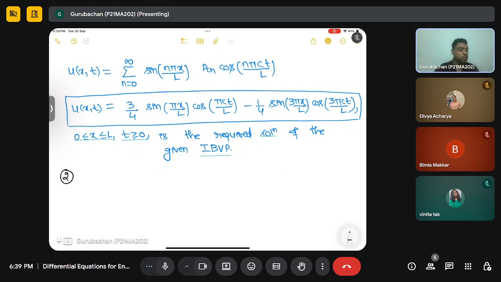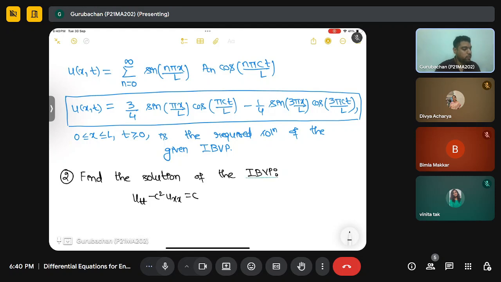So before that, we will prove the orthogonal property after the last question of the class. Okay, after the class. So let me write one another question that will make you familiar with this method of separation of variable. So find the solution of the initial boundary value problem, and the initial boundary value problem in this case is given like this: